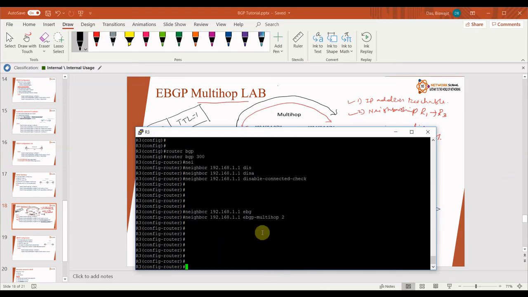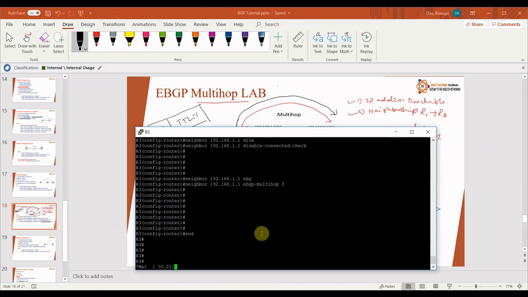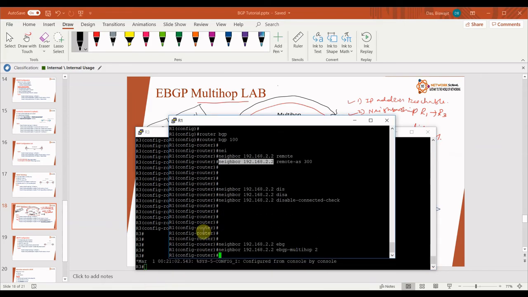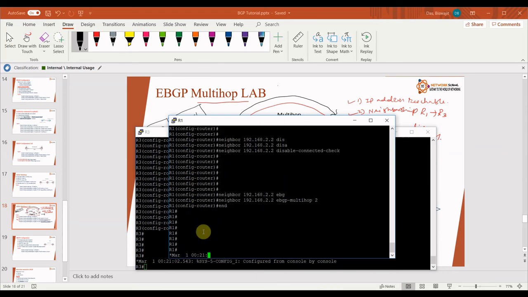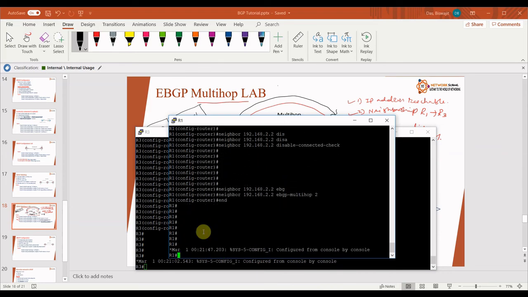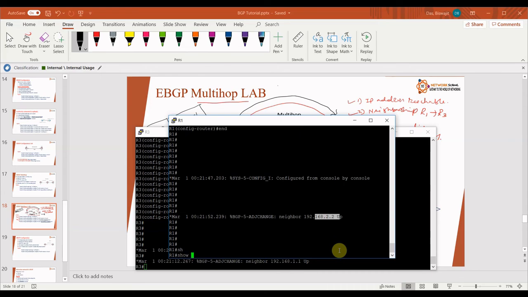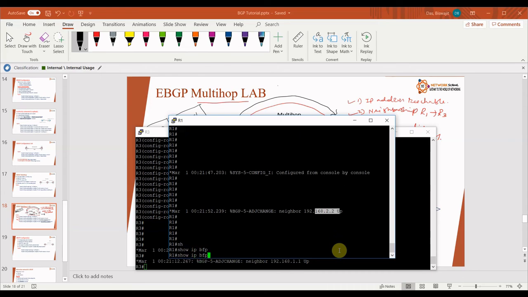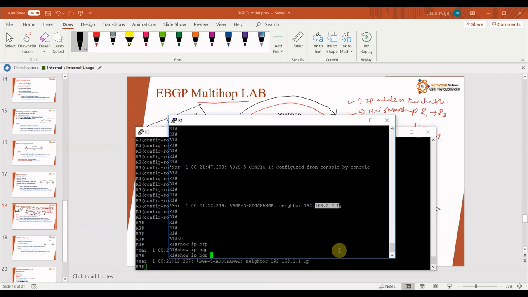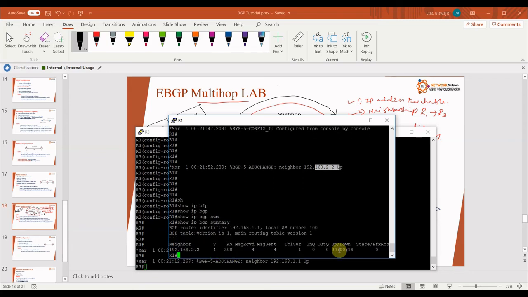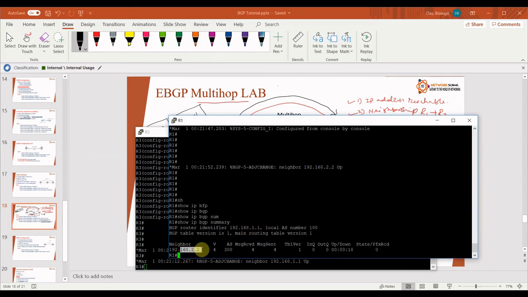Now you see if we are able to make a neighborship. We have to wait a little more time because BGP has quite slow convergence time. Then we will see here if we are able to make the neighborship, and here you see the neighborship has come up. Now you go to the router and use the command show ip bgp summary, and you will see that from router 1 we have created a neighborship with router 3, which is up for 18 seconds.